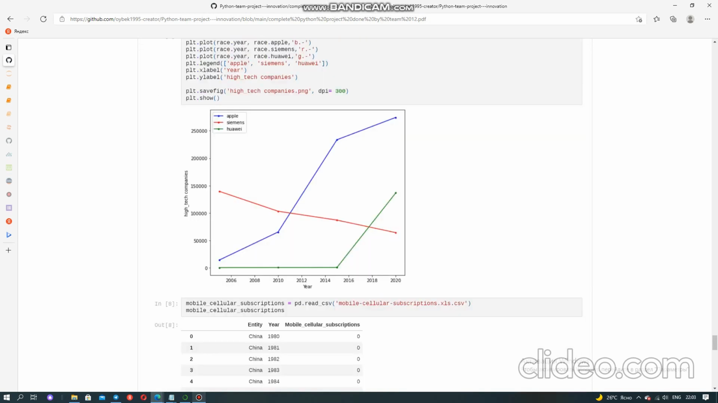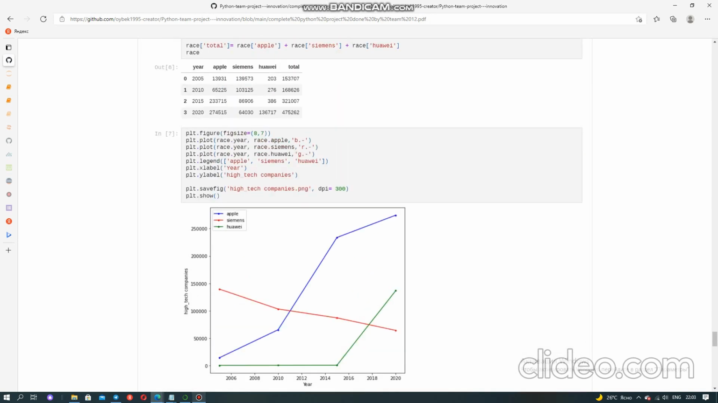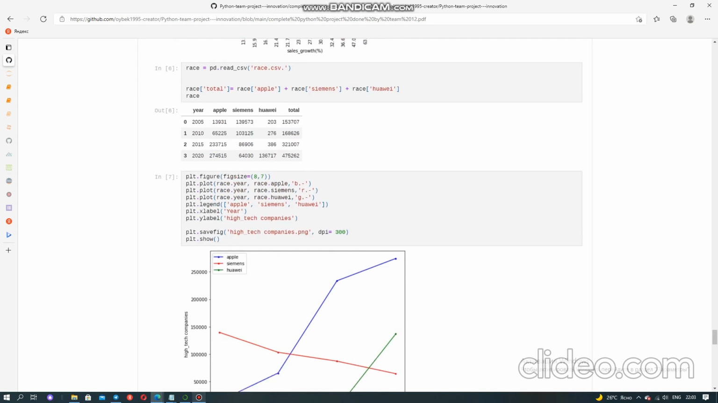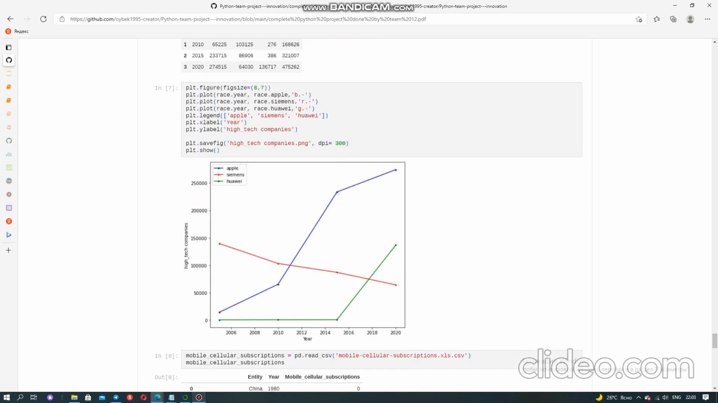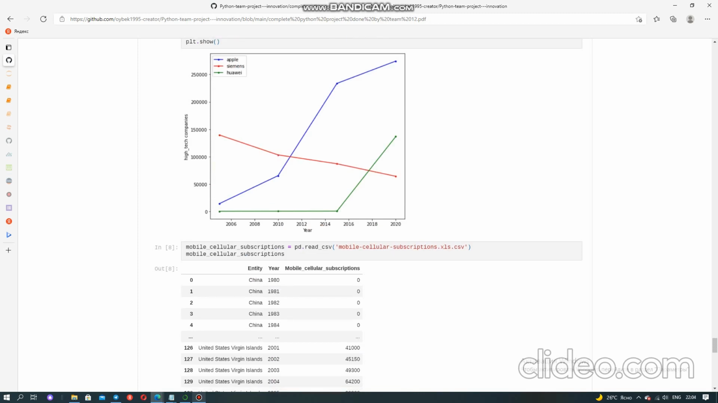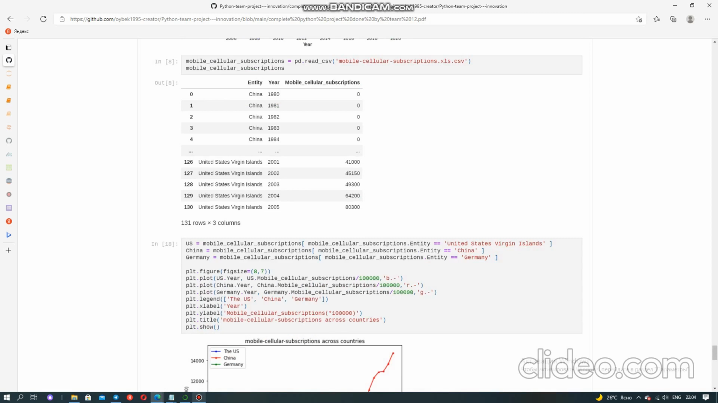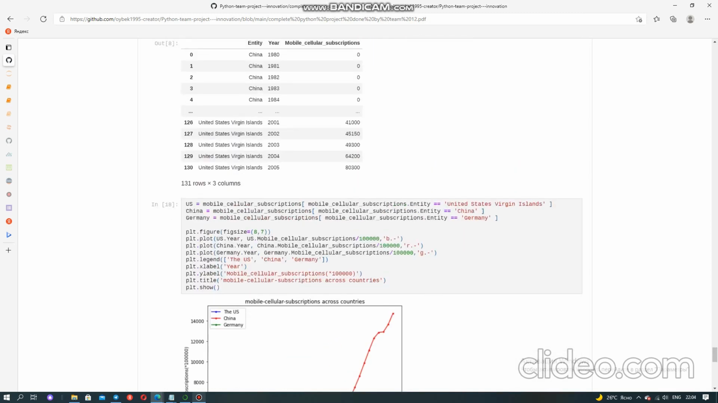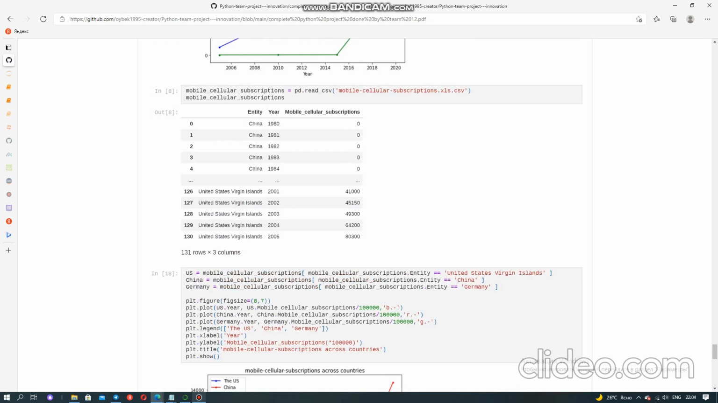Continuing with another data set about the race of companies: which company has the highest revenue annually? And this is Apple and Huawei, which have risen after 2010. Continuing with mobile cellular subscriptions, as the human's main mission is communication, and we cannot imagine our